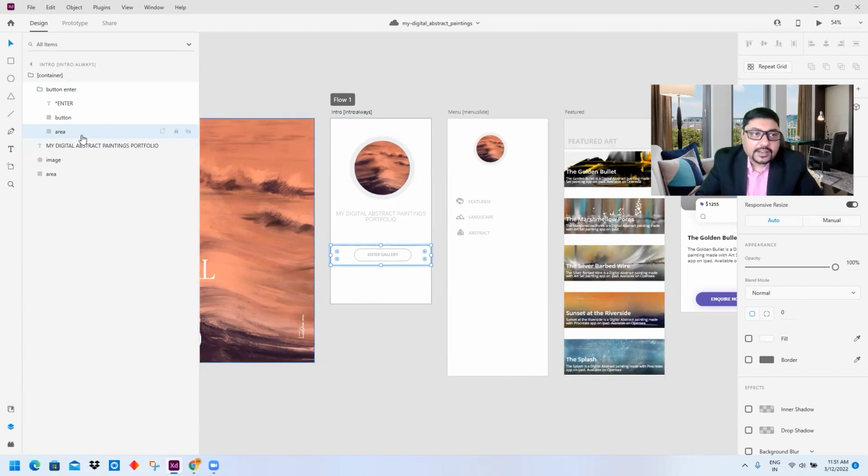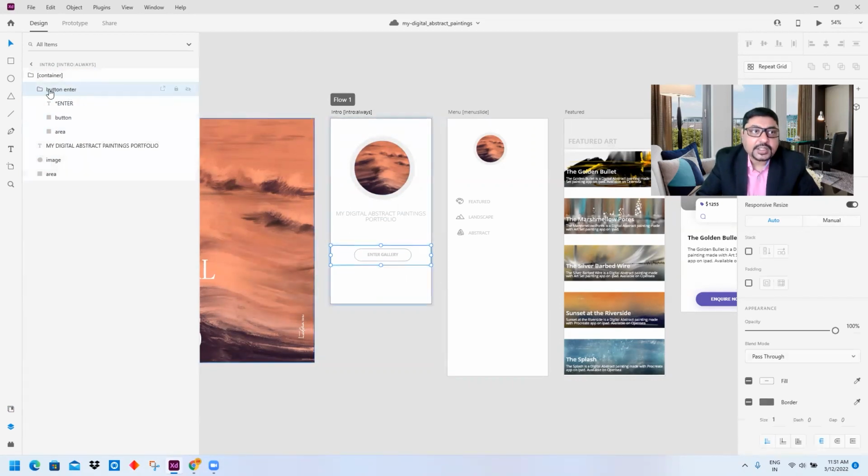So I have created the area, I have created a button, and I have created a text over here, and I have grouped all of them. As soon as I group it, it becomes a folder sort of thing like this, right? Okay.